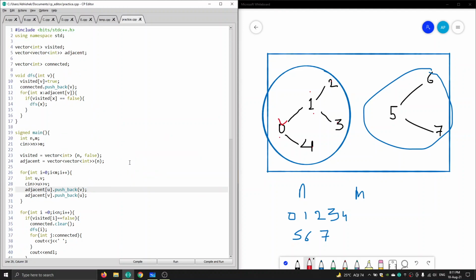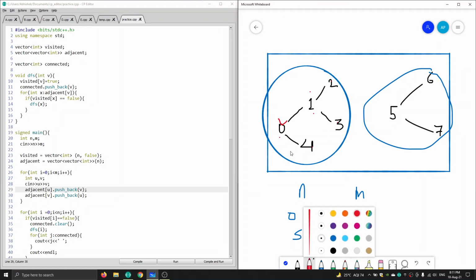And our second task is to find the connected components. For doing that, we can apply depth first search on every node and find the connected component of that. So let's first look in the diagram at how we are doing that.